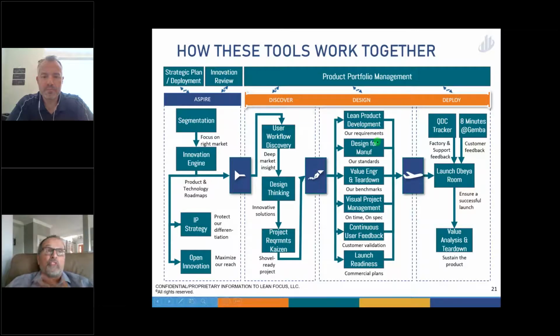We're doing lean product development, which is really your phase gate system. We've got design for manufacturability. We've got to be able to do value engineering and tear down so we understand the products on the market. We've got visual project management, so we're able to get our projects in on time. We're interfacing with the customer base continuously, and we're ensuring that we're ready for launch. These are all tools that run in parallel during the development. Finally, we launch the product. We go into a launch room, Obeya, where essentially we're tracking and problem solving our success at the launch. So that's the entire stream that we support and the tools that we provide for it.